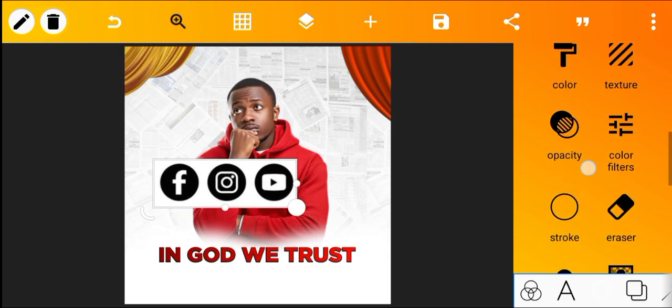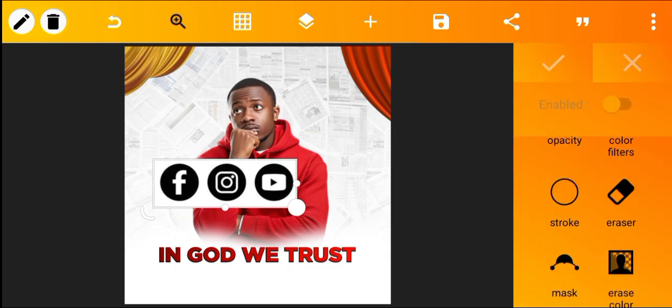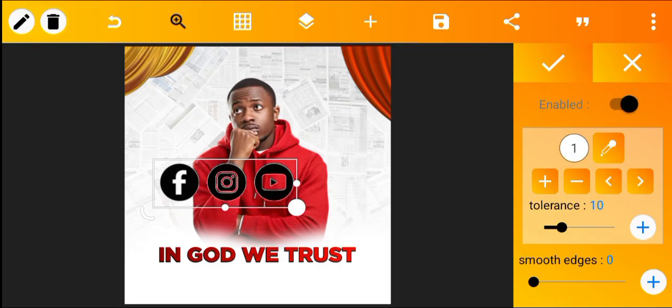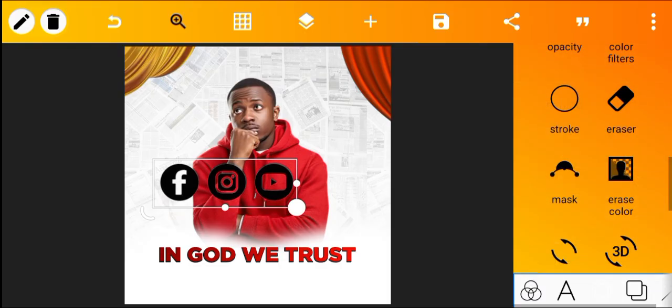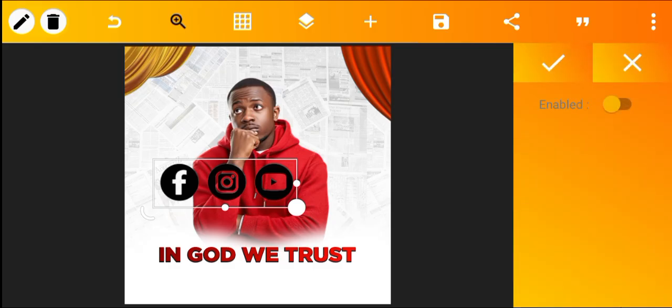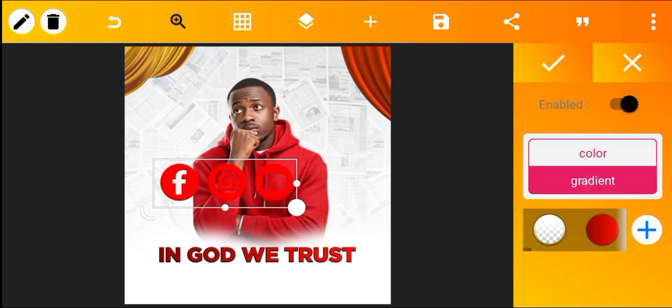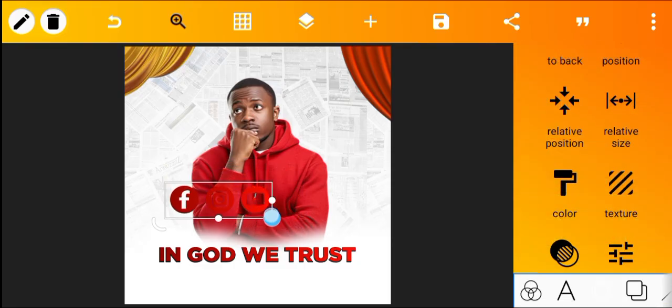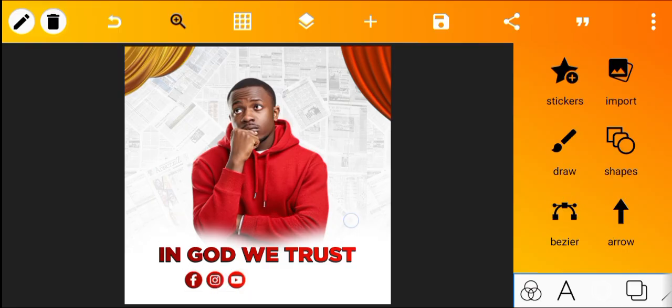Then I'll go to erase color. So once I enable it, it's going to erase. I'm going to move my tolerance to the highest. Then I'll click on OK. Then I immediately go over to color, click on it, go to gradient. That first gradient we are using, the red gradient, that is what I'm picking for this. So I'm just going to leave it over at this point, and then I'm going to input another text,